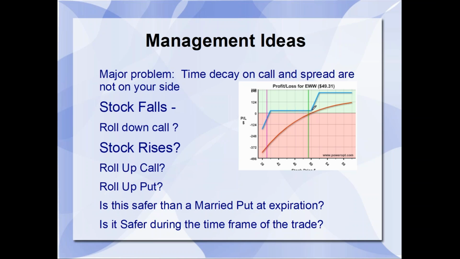Then you would have to consider managing. Of course, as it's falling, this put is gaining, but so is this one. You might be able to manipulate this put. You're not going to help the bear put debit spread, but remember, you're trying to hedge some of the stock, but the minute it goes below 40, one put can only cover this stock or that short put, not both. You're still losing big time on one of them.